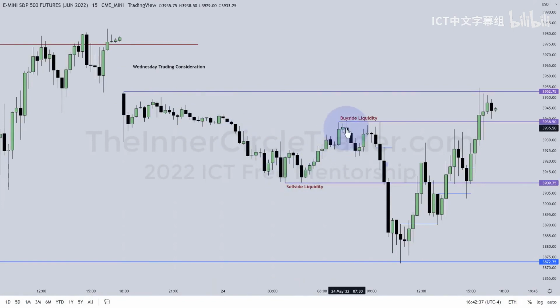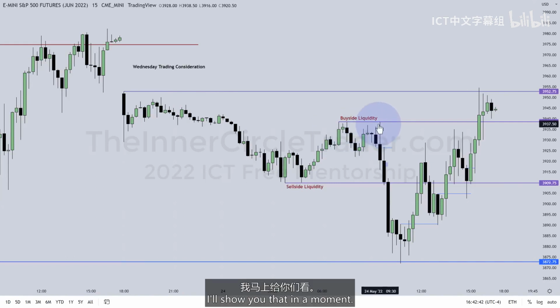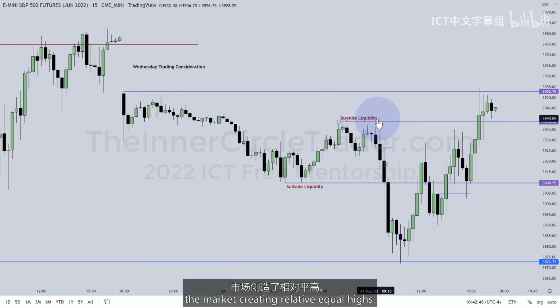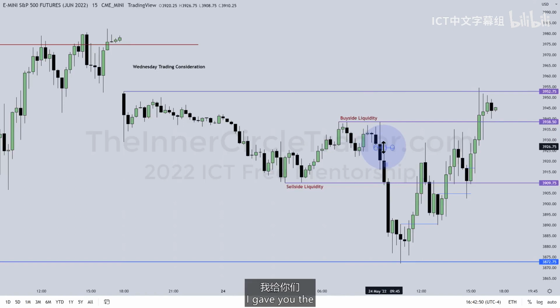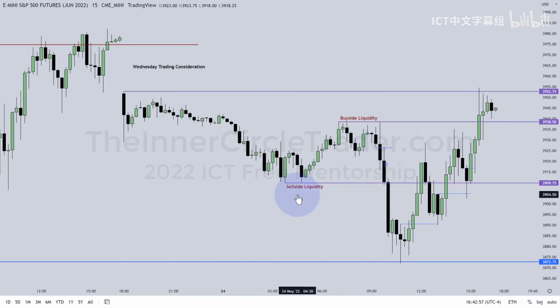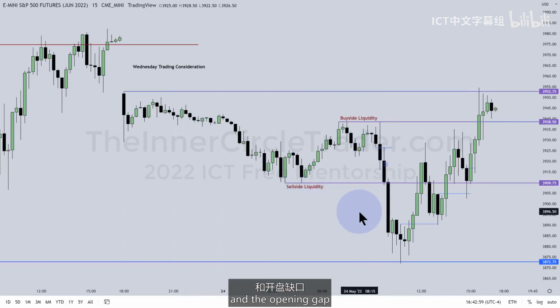Had a small little rally in here. SMT divergence. I'll show you that in a moment, but in here, we have the market creating relative equal highs. It broke down. I gave you the fair value gap live this morning on the live stream. Walk you through the whole business of running out the sell side and the opening gap on Sunday, which is